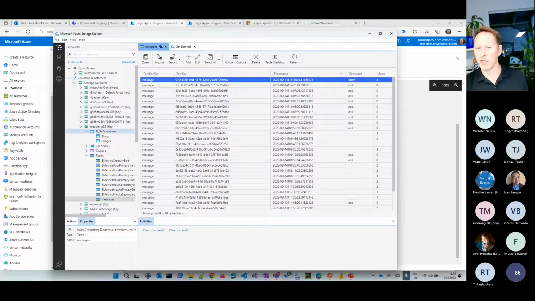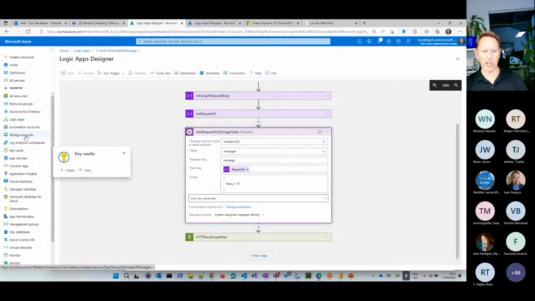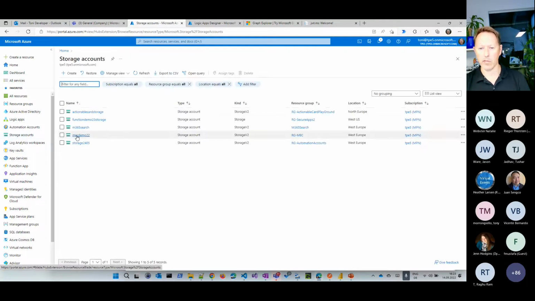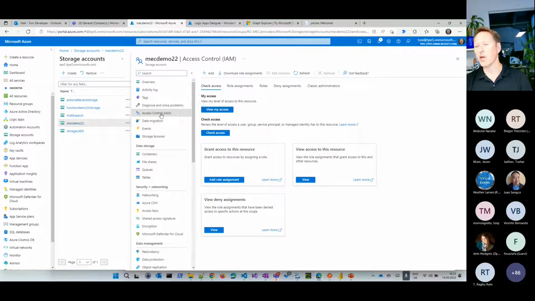So how do we access that storage here? We don't do it with an access key or something. That identity only stays in Azure Active Directory itself. We need to go to the storage account here, in that case, that's my Mac 22, and I need to enable the access for this specific application. The same thing we've seen before with Microsoft Graph, where I said, with this application, I want to be able to send a message, auto-create, or read a user or something like this.